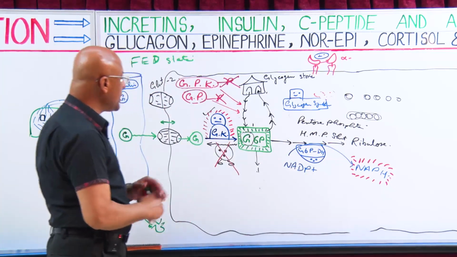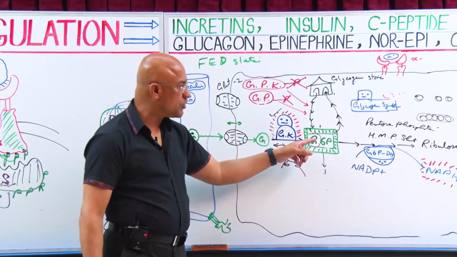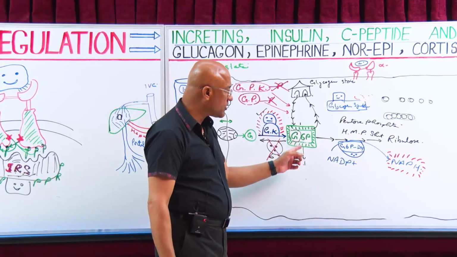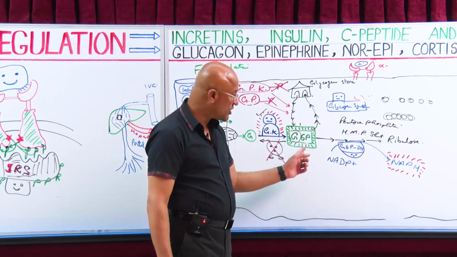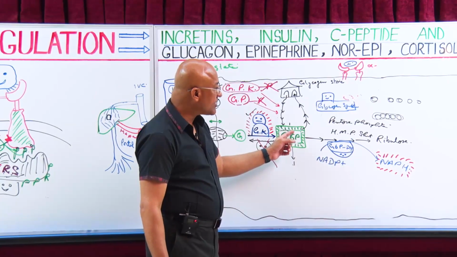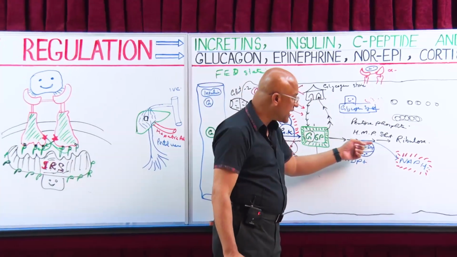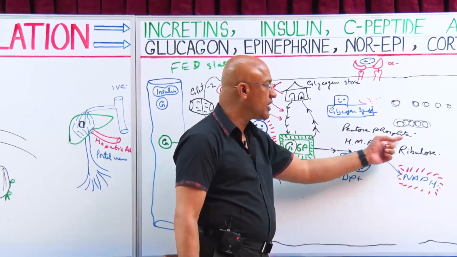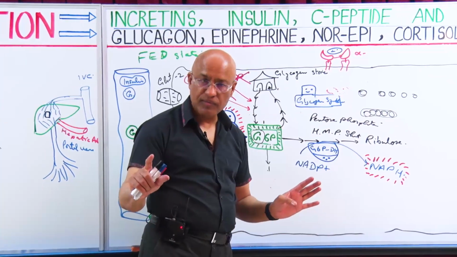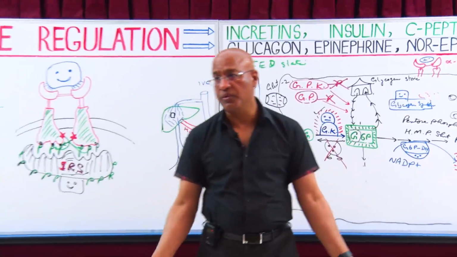So what we have seen up to now: glucose enters the cell and glucokinase converts it into glucose 6-phosphate. The choices are, number one, to enter a pathway to produce energy; then the extra will go to make glycogen; and more extra will enter the pentose phosphate pathway and convert NADP into NADPH. Is that clear? Any questions up to this? No. Now if still more glucose is coming, what to do now?